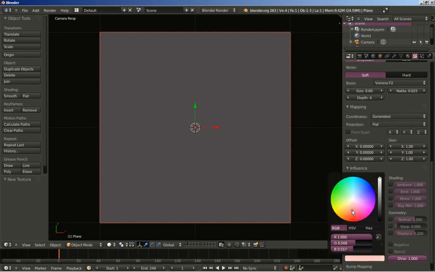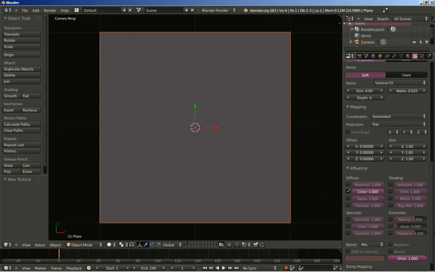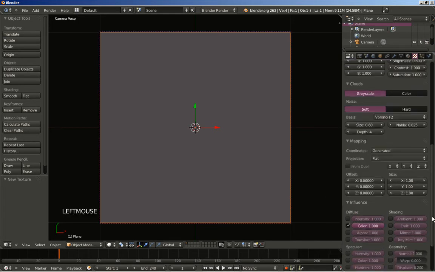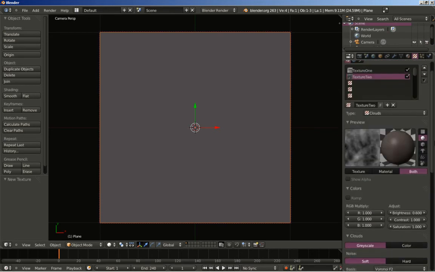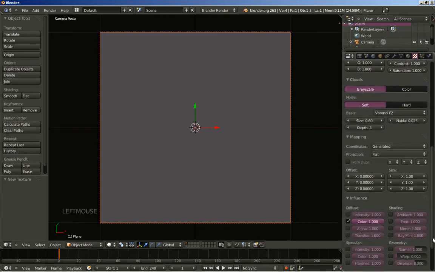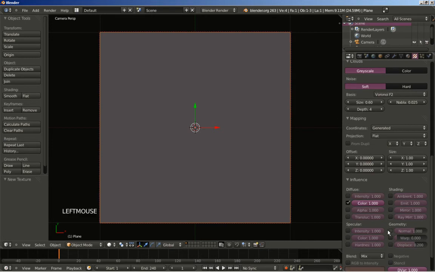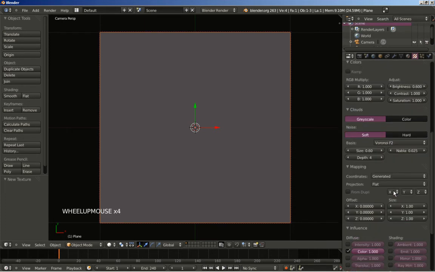I'll make it also a slightly brighter brown color at about here. And for this one, for this texture, I think that since we got all this little detail here, it'll be nice to add some normal, and I'll set the normal. I think at 1 it's way too strong. I'll set it to 0.3,